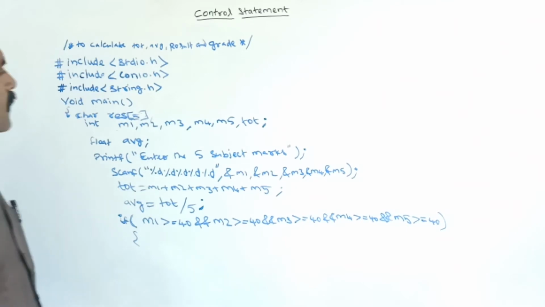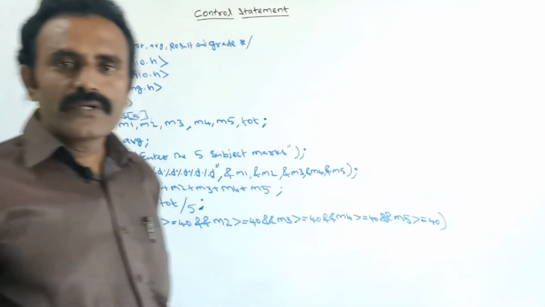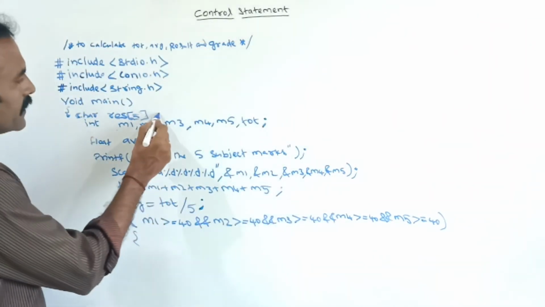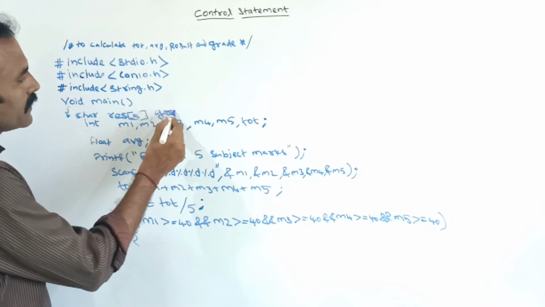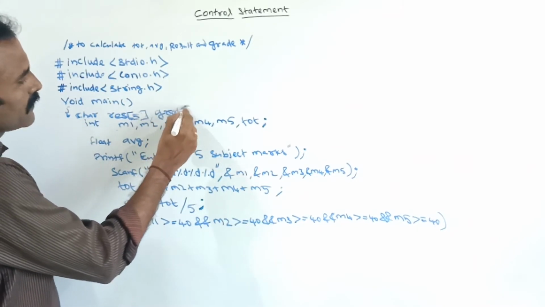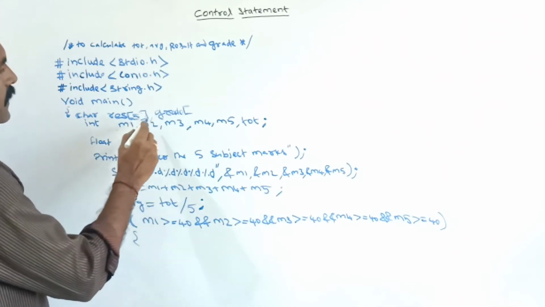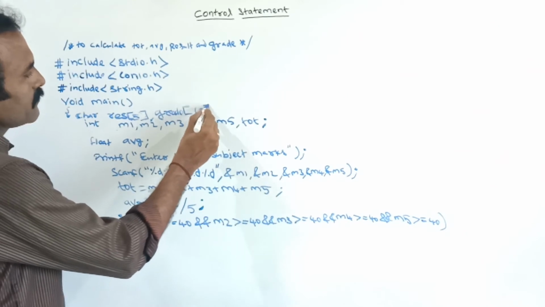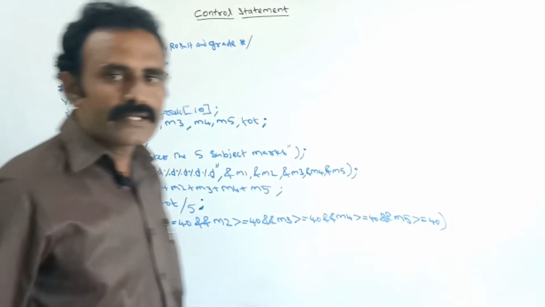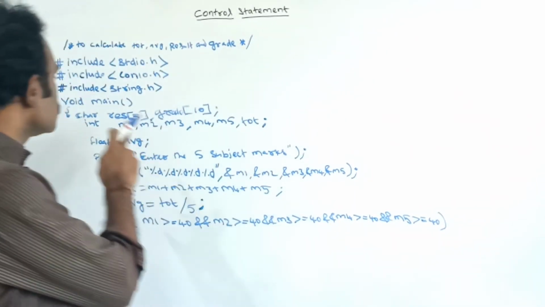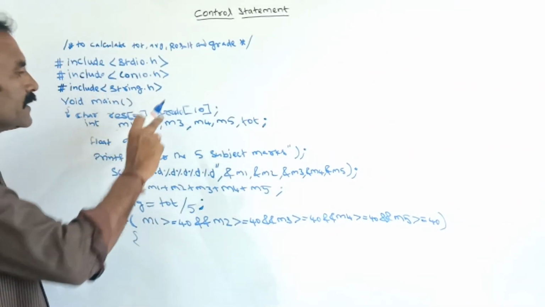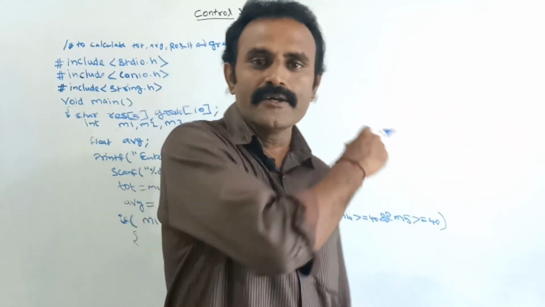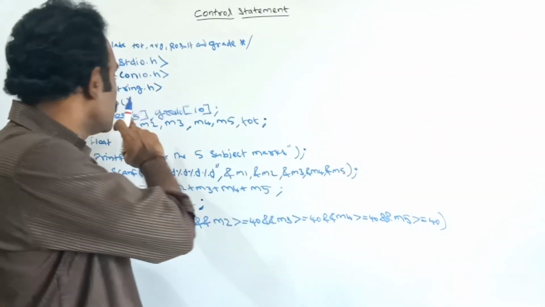Next, grade. For grade we are going to store input first class, second class, or third class. So here grade is also a character data type. Here I am declaring the array as 10, that is, maximum 10 characters can be stored. So these character data types, res and grade, the two variables are string data types. We can store a string value inside the grade variable and the res variable.